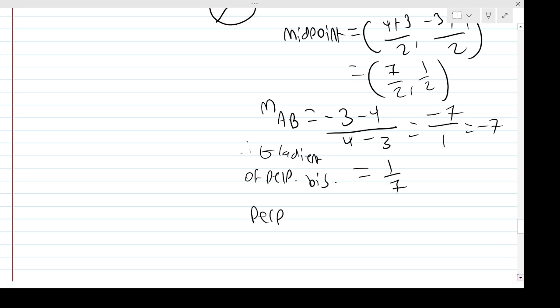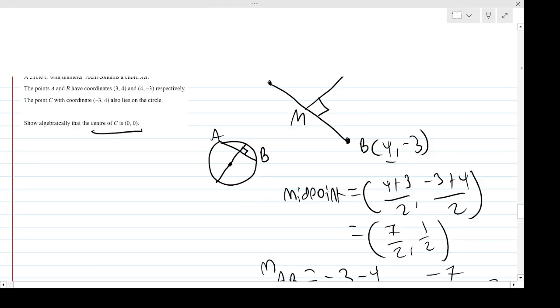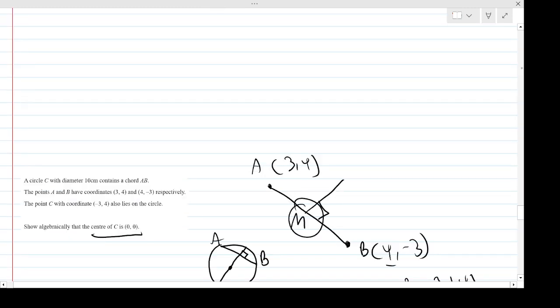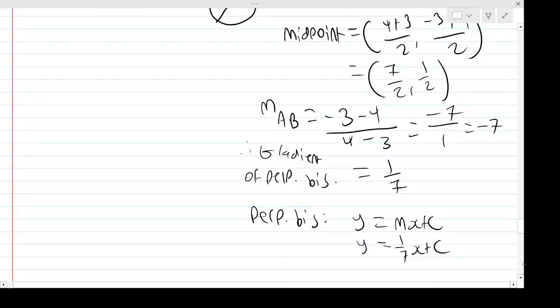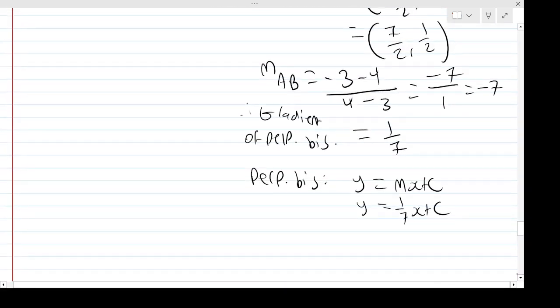So therefore, the equation of the bisector, sorry. The perpendicular bisector is the equation y = mx + c. That's the general equation of a line. But we know the gradient, right? y = 1/7 x + c. Then we need to find c, but we know the midpoint will pass through the bisector here. The point M will be on that line. So therefore I'm going to sub the midpoint in, so sub 7/2, 1/2